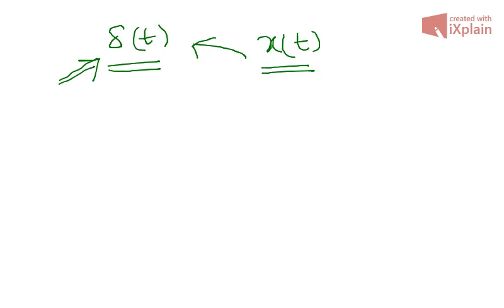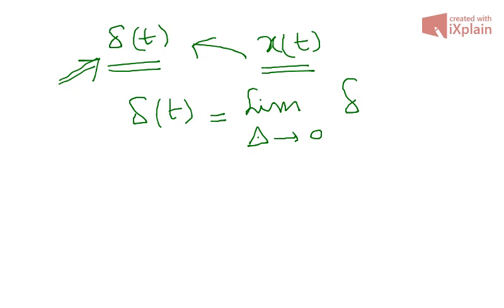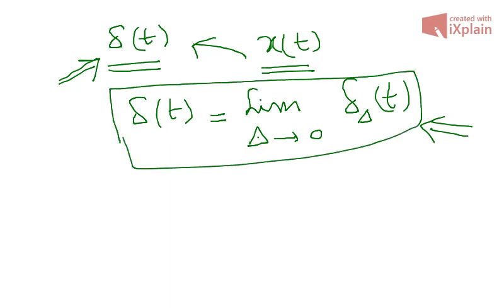Now if we define delta of t, it is basically this function. It's basically the limiting idealization of this short pulse, a pulse with a very short duration and a unit area, right? It is an idealization of this short pulse. Now